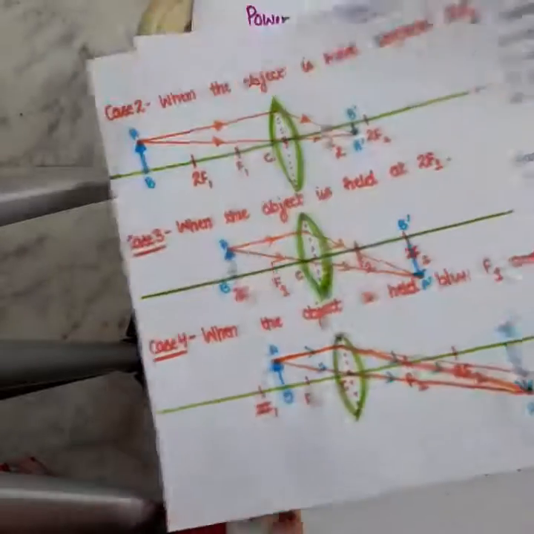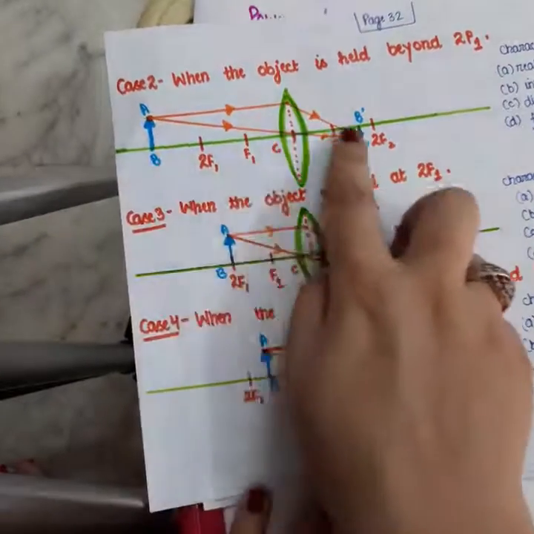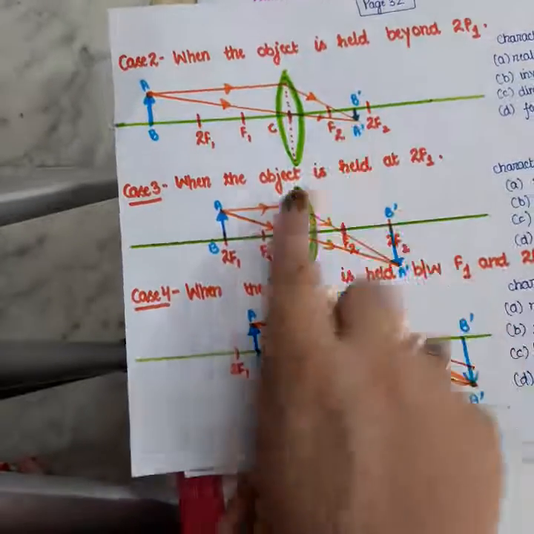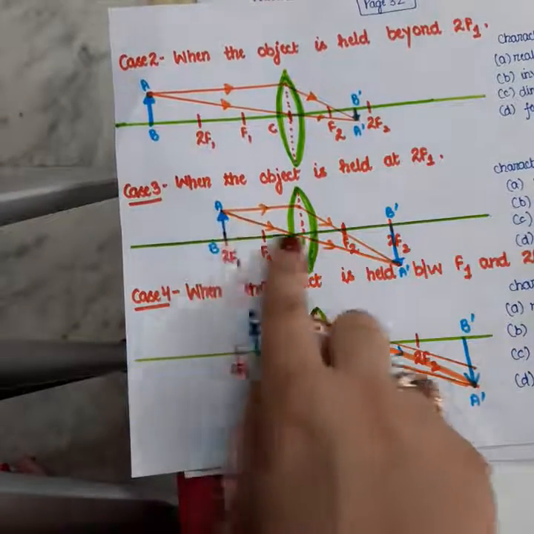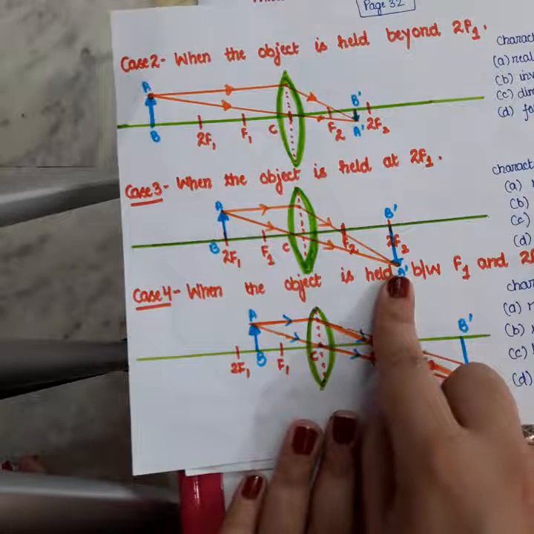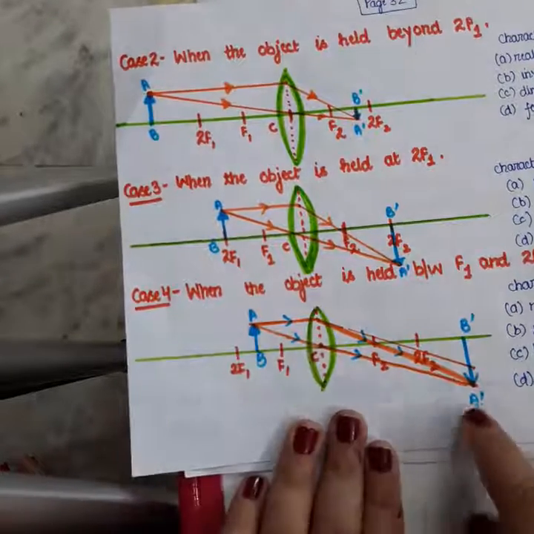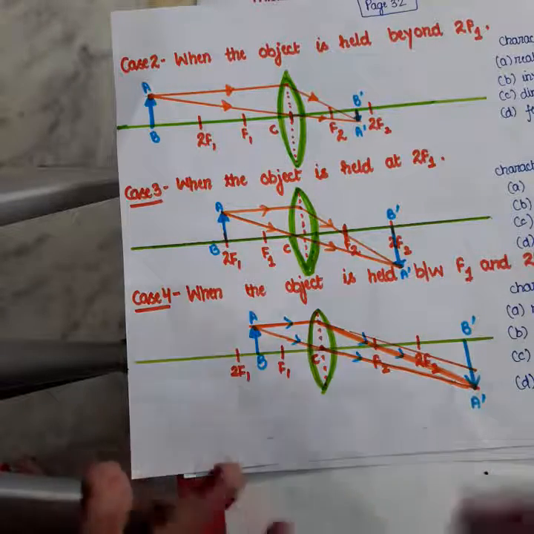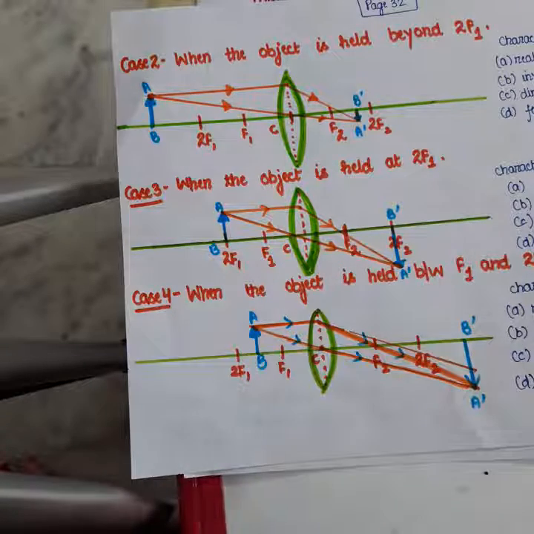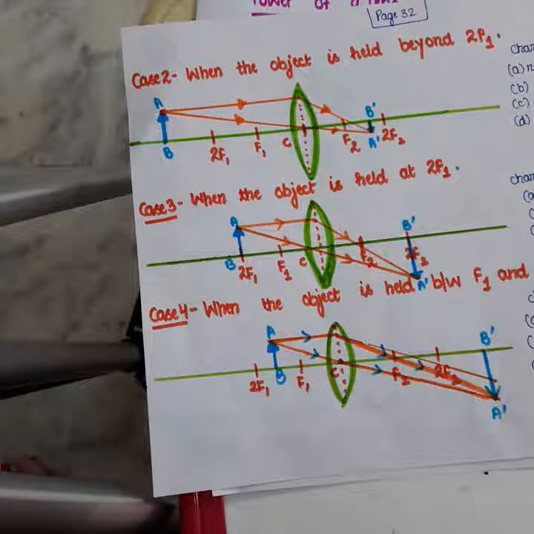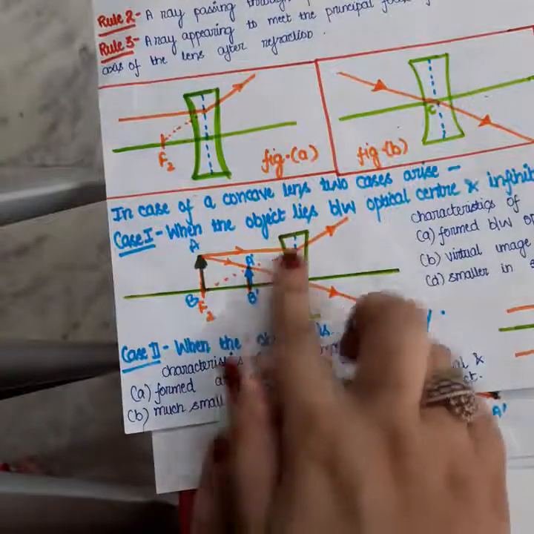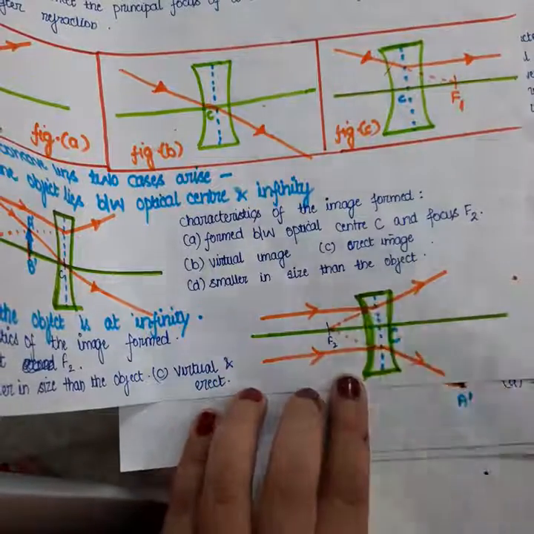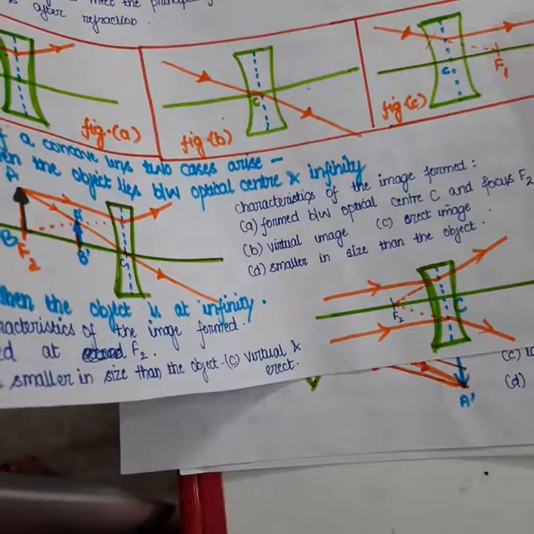Okay, you can see this as well. After refraction the rays are converged at one point. You can see this as well. After refraction the rays are converged at this point. So a convex lens tries its level best to converge the light rays that fall on it. And the same thing we will be discussing about concave lenses. Concave lenses diverge the light rays. I repeat, concave lenses diverge the light rays that fall on them.